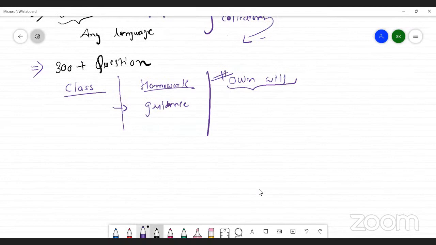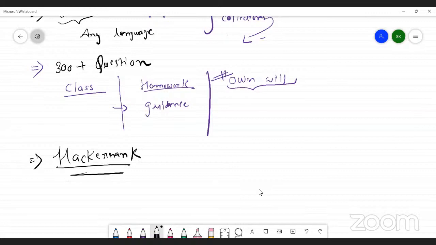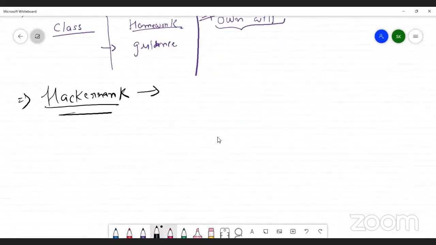Where are these questions going to be? The questions are being prepared on the HackerRank platform for your basic practice. There are so many questions regarding every topic that you can find on our HackerRank channel, like the HackerRank page that we have made. Instead of that, you will be getting the introduction to Codeforces, like how the competitions are held on the Codeforces platform, what questions you need to solve on the Codeforces platform, and everything.